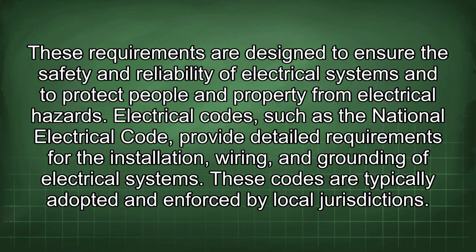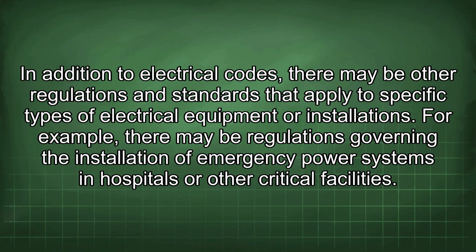Electrical codes, such as the National Electrical Code, provide detailed requirements for the installation, wiring, and grounding of electrical systems. These codes are typically adopted and enforced by local jurisdictions. In addition to electrical codes, there may be other regulations and standards that apply to specific types of electrical equipment